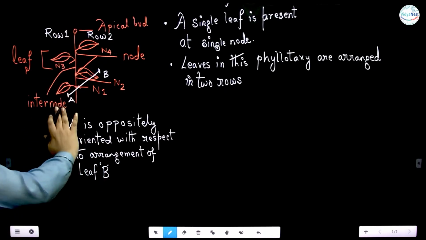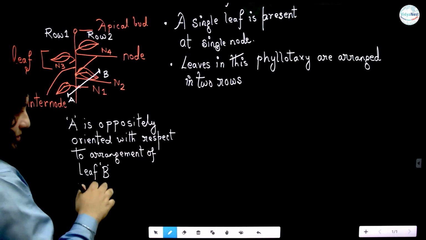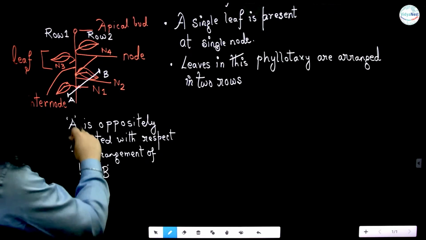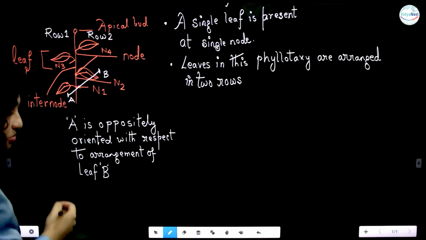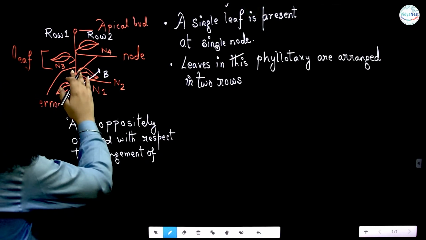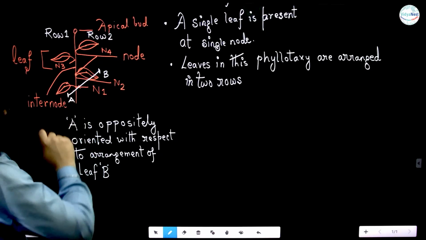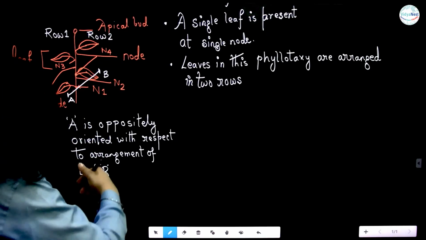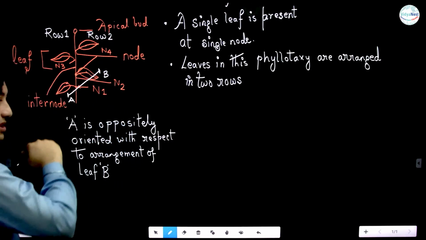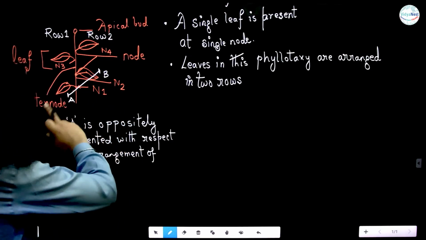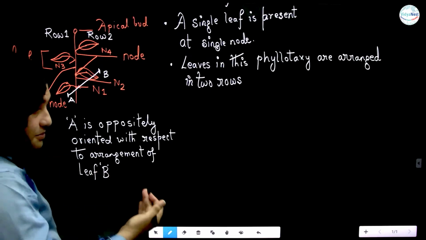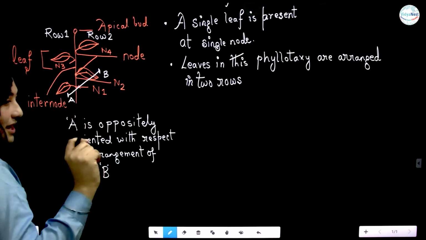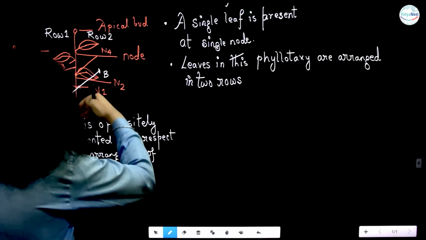अगर देखो कि ये जो डायग्राम मैंने बनाया है यहाँ पे, ये अगर लीफ को तुम कंसिडर करोगे, जो बेसल लीफ है, the lowermost leaf, and from the lowermost leaf you go upward. जैसे तुम ऊपर जाओगे, जो पहला वाला लीफ देखेगा, मतलब एकदम नीचे वाला लीफ से जस्ट ऊपर, उसका अरेंजमेंट देखो, वो ऑपोजिट है. किसके हिसाब से वो ऑपोजिट है? That means अगर हम लोअर लीफ को ए से मार्क करेंगे